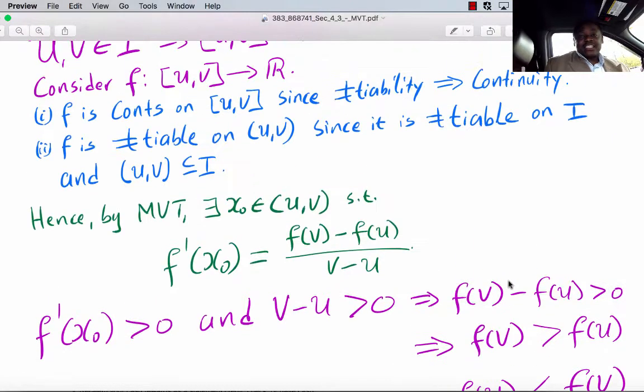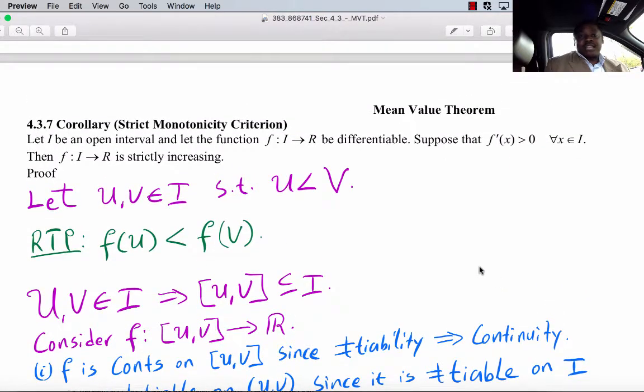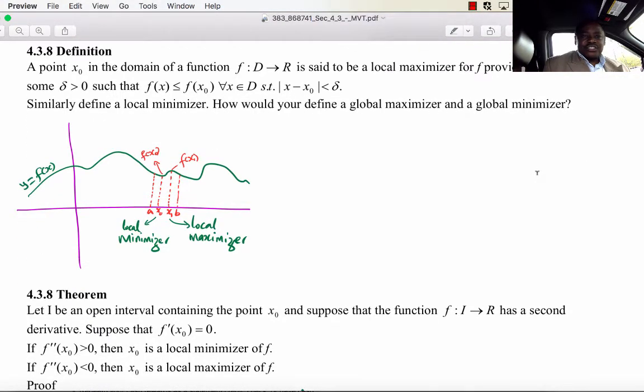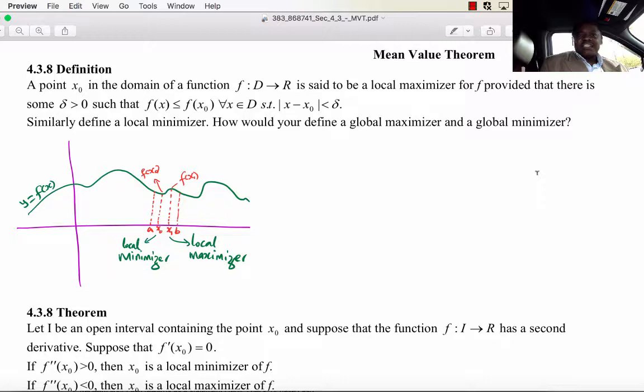But whatever the case is, we have just concluded that if f is a function from I to R, I is an open interval, f is differentiable on I, the first derivative of f is greater than 0 for every x in I, then f is strictly increasing. That is called the strict monotonicity criterion. And that brings us to this exciting definition,